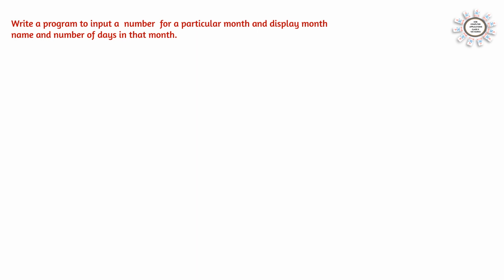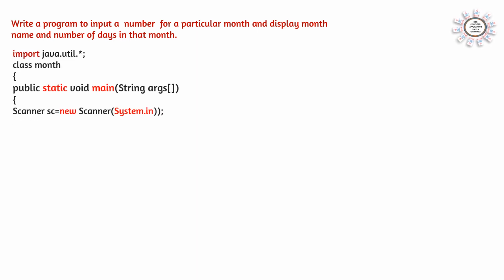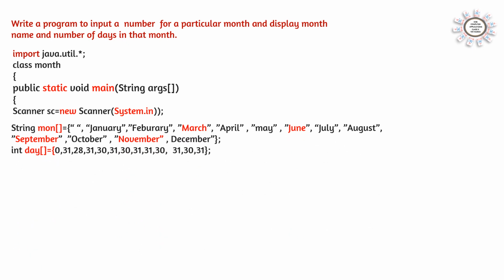So we can start the program, complete the first 4 lines, and then first of all, we have to declare an array to store the name of the months and the number of days in each month. So first we can declare that and assign, because we know the names of the months and we know the number of days. So here String month, month is a string, that means it is a word. So here we are declaring the array as string.